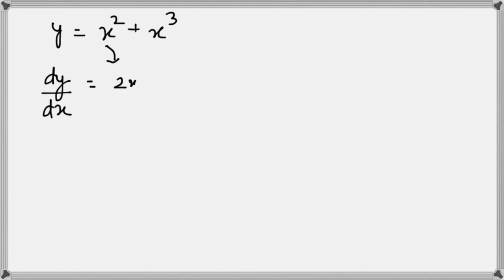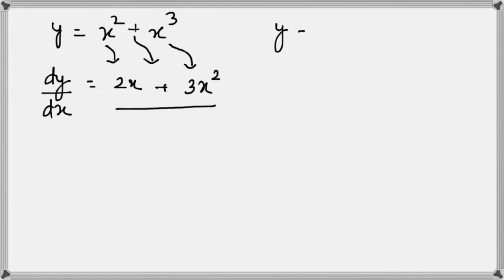Okay, so far so good. But what if I have something like y equal to x square plus x cube? So we have a mathematical operator in between. What we do in such cases is we solve them one by one. Dy by dx equal to, what should be the answer for x square? It should give us 2x. And what should be the answer for x cube? It should give you 3x square. And then you just copy this sign directly below, and this is your answer, 2x plus 3x square.